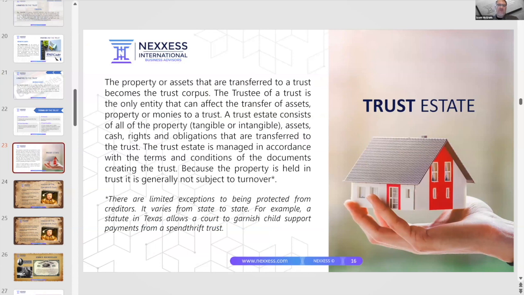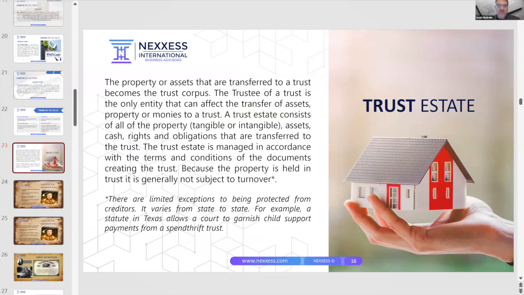So everyone has an estate. If you're just an individual and you die, guess what? You still own things. You might own a car or a house or something. You might have some money in your pocket. But whatever you own when you die is part of your estate, a personal estate. Well, the trust is the same way. The trust has its own estate.